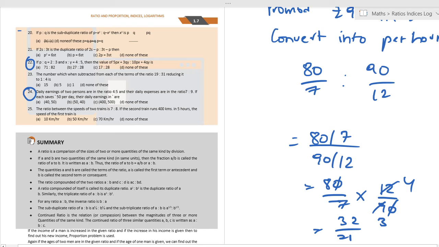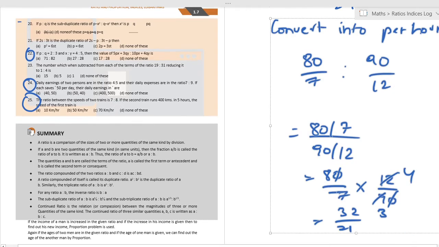The similar question to the 16th one is the 25th one. You can solve it. Here you have to convert the speed to per hour, only then you can compare the speeds of two trains. Okay, I hope you got it. And the next kind of questions are solving questions. So here you have no option but to solve. Those are 20 and 21. Let's solve. I'll solve the 20th one. The 21st one is easy, you solve it. Okay.